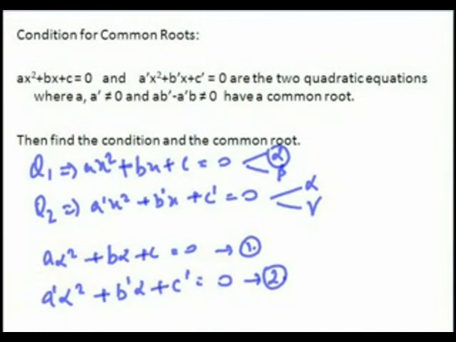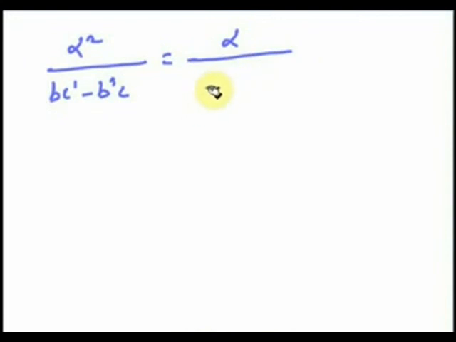Eliminating alpha, we can write that alpha square upon b c dash minus b dash c is equal to alpha upon a dash c minus a c dash is equal to 1 upon a b dash minus